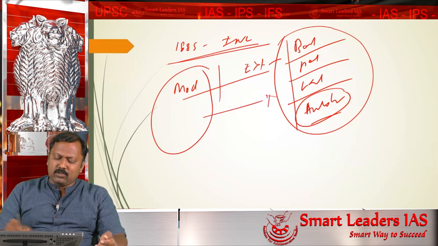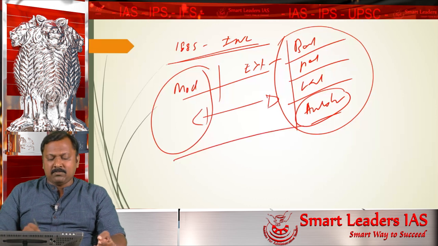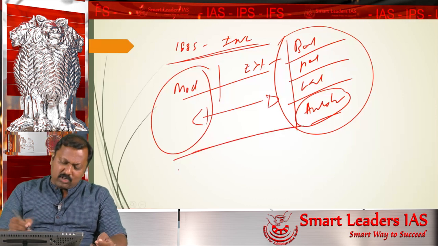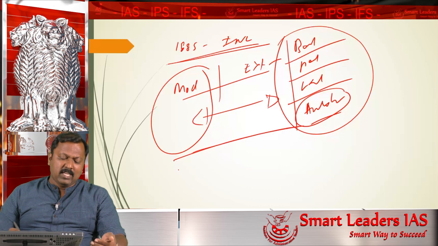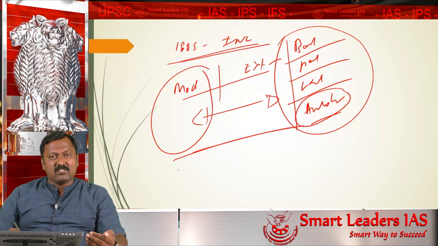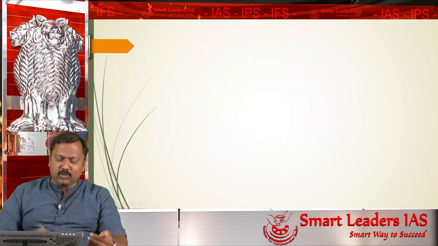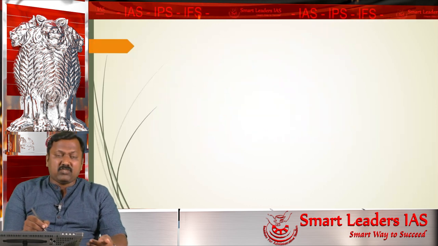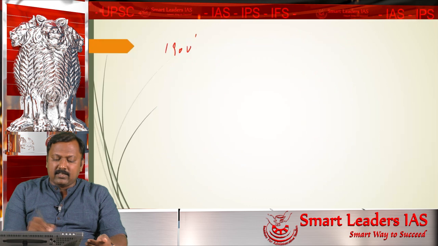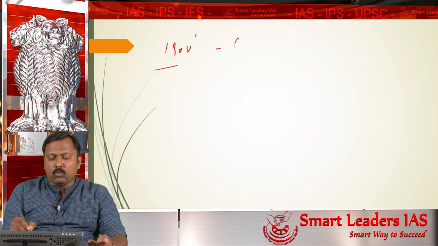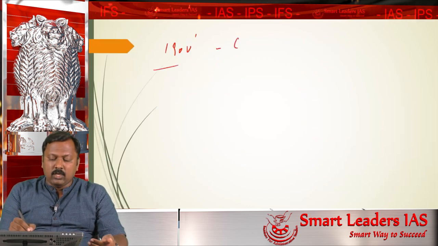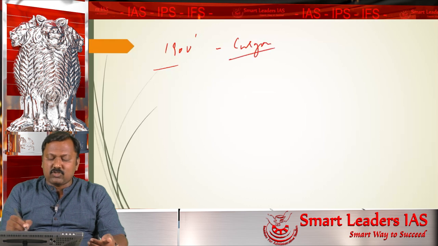So it often led to mutual conflict amongst them, and this conflict continued for a longer duration. It led to certain untoward incidents and consequences which we will discuss later, but it is sufficient to know that this is a very important event. Next we have the 1900s. In the 1900s you must know one important Governor General or Viceroy, Curzon. He comes to India.